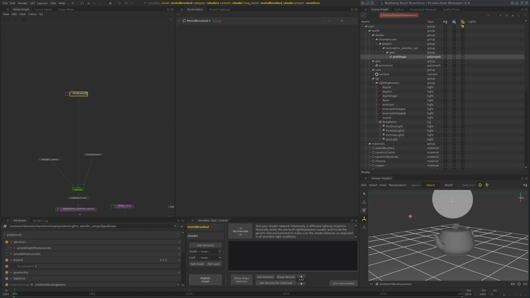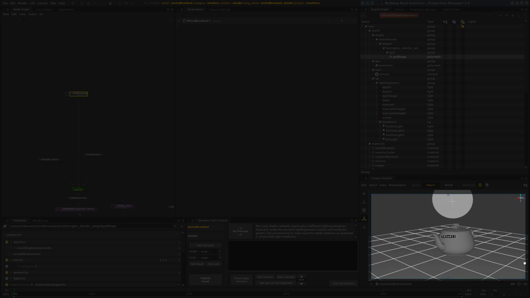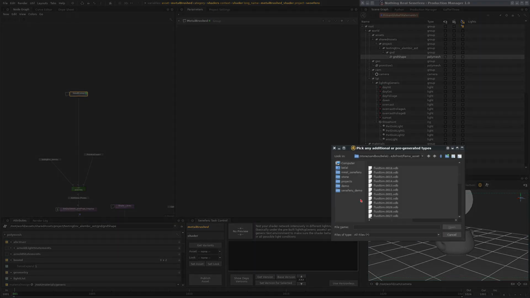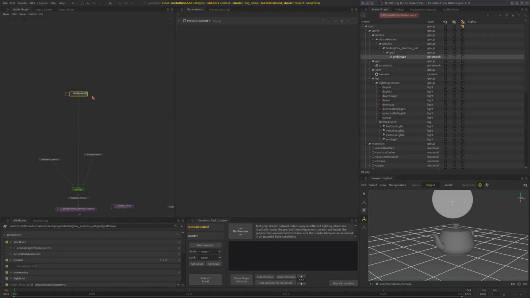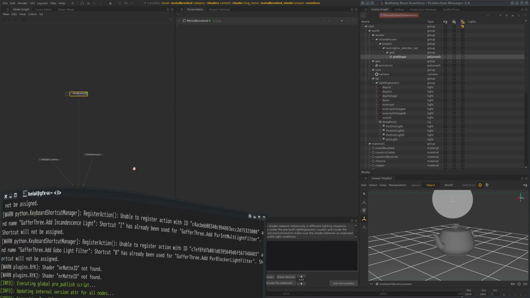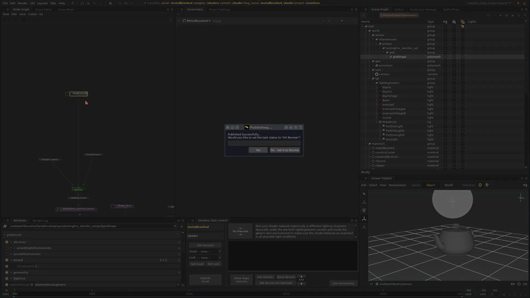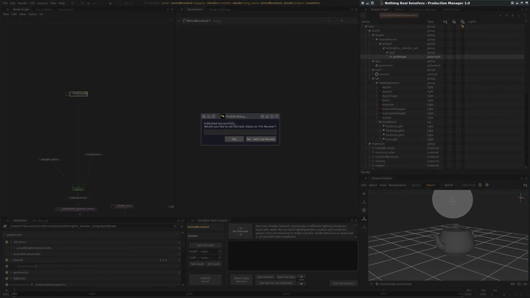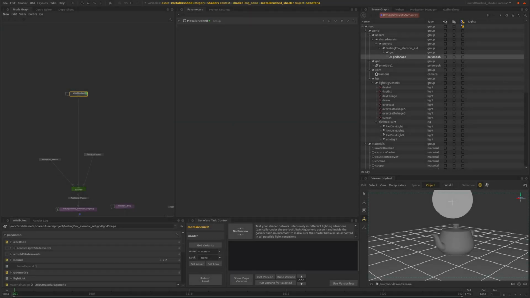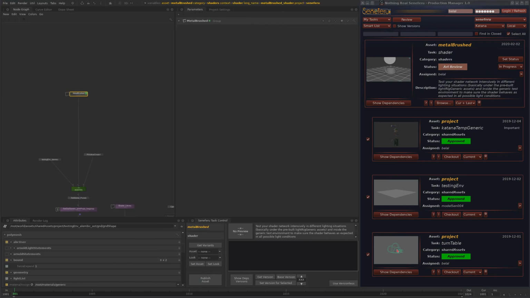What Publish is going to do now, it's asking for a snapshot. Let's say that I rendered something. I can take a snapshot for it here. And that's it. What is happening now is that if you saw the terminal, you will find that the task control is now publishing this to the server. Let's set this yes. And if you check now what is published, you will notice that